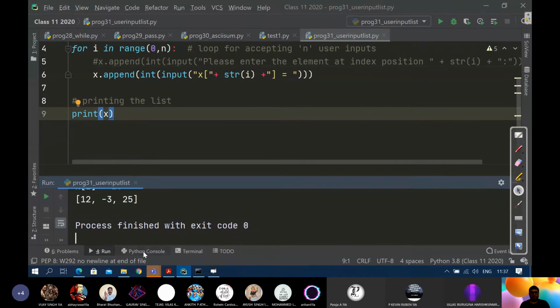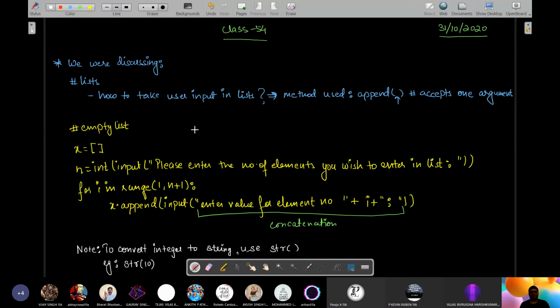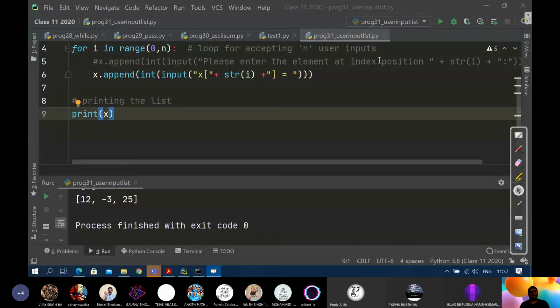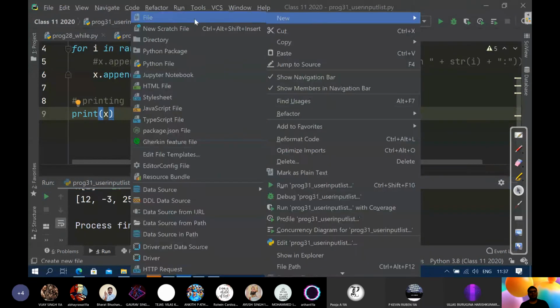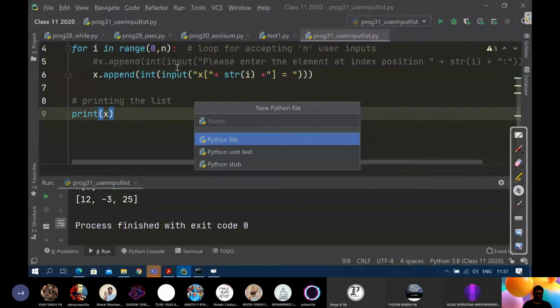So this was it, and we'll come back to your program. What was the program for finding the sum of numbers, right? Sum of elements of a list.